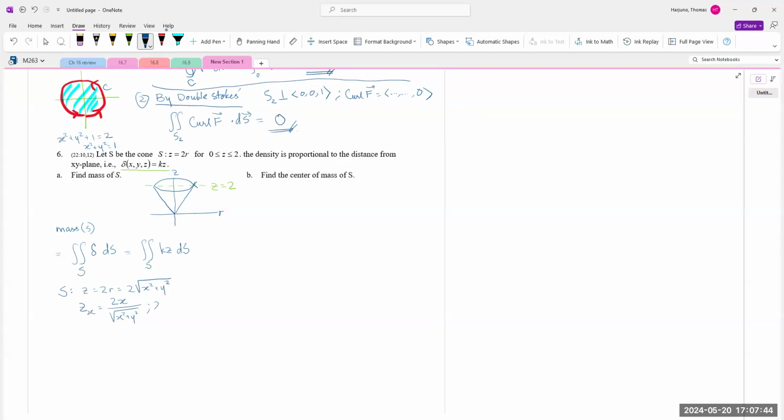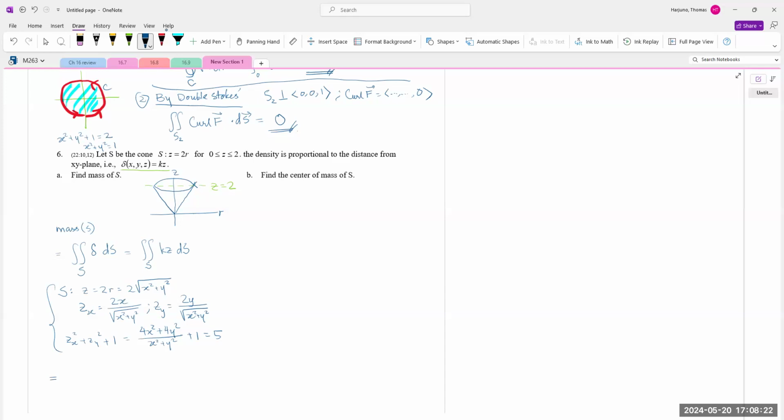Likewise, C sub y will be 2y over square root of x squared plus y squared. Now then C sub x squared plus C sub y squared plus 1 will be 4x squared plus 4y squared over x squared plus y squared plus 1. That is equal to 5. Okay, so going back,